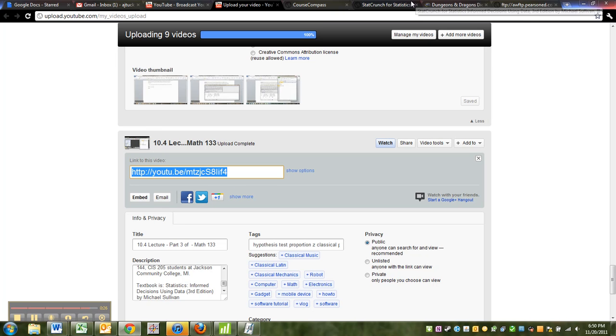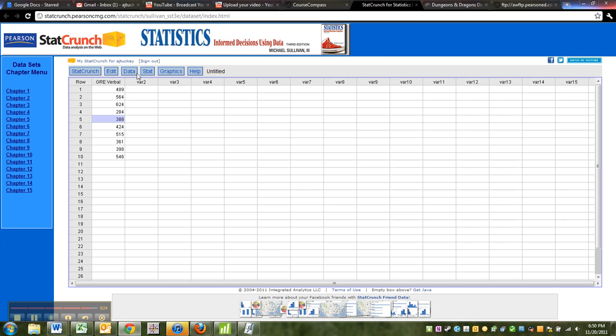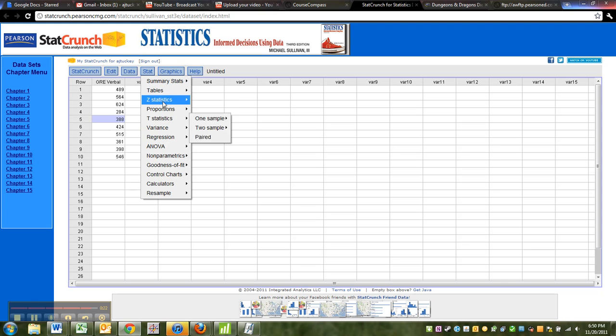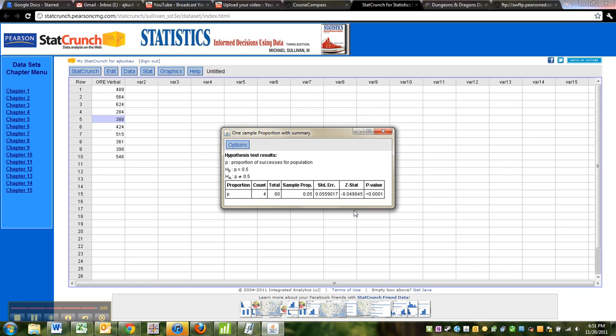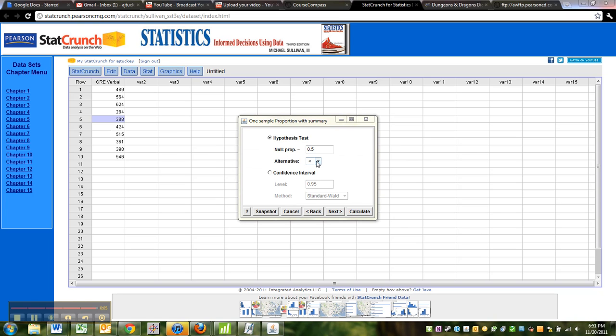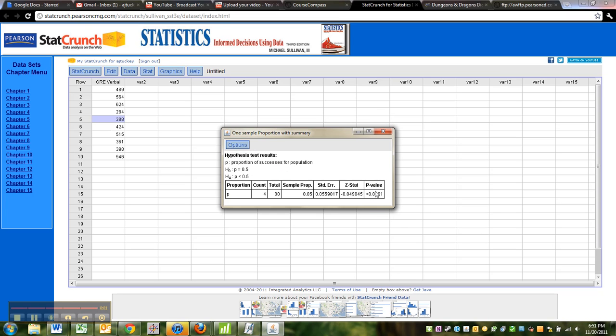Another thing to keep in mind is that you can do this with StatCrunch. So let me show you that. If you're in StatCrunch, you go to Stat, you go to Proportions, one sample, from Summary. Number of successes was 4 out of 80. There were 4 African Americans out of 80. Calculate, 0.5. There you go. Oops, it was a left-tailed test. There we go. Click that one and then click Calculate. There you go. P-value is less than